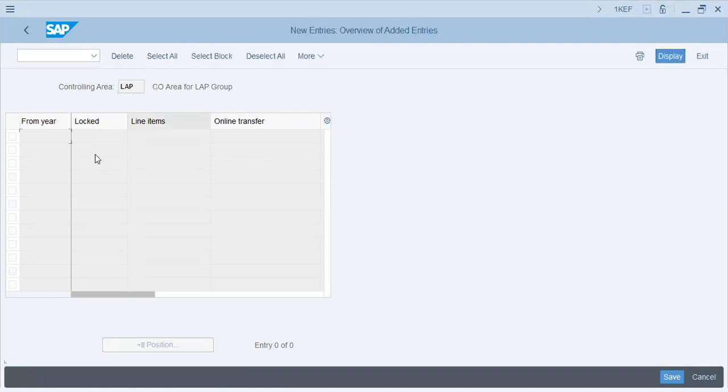Now, what do we mean by actual posting 2023? Line items will be posted. Online transfer means line items that will be generated, like FI to CO postings, CO to production overheads or production order transfer. Everything will be real time, and line items that are generated, not consolidated, not totals, but line items, transaction items, will be generated. Okay. Now,